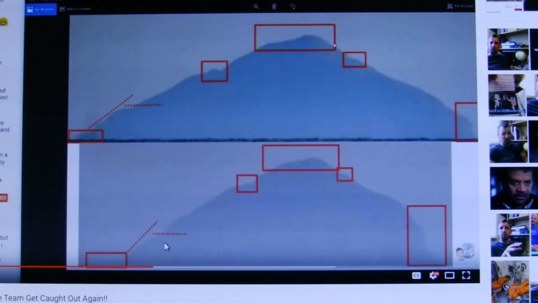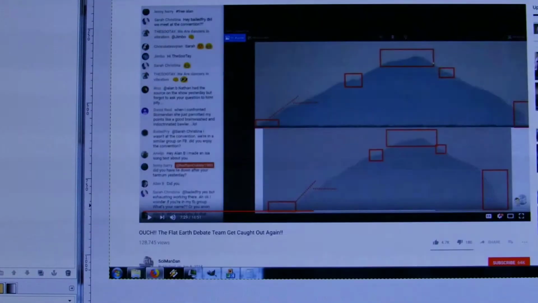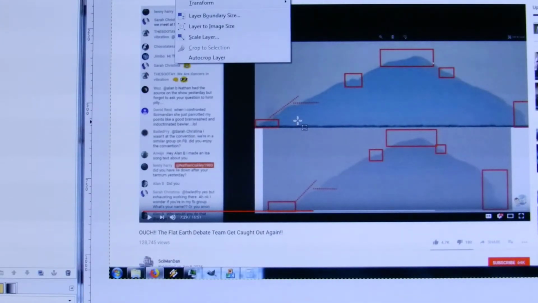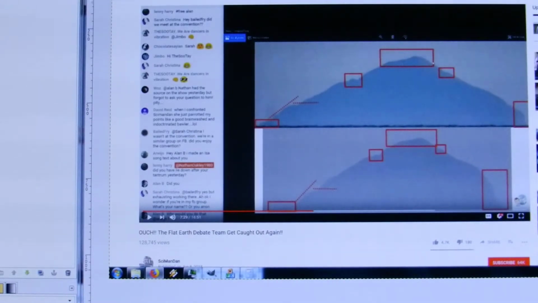Now the question is, can I confirm or deny that? Well, print screen, I've got a piece of free software called the GIMP, and paste. Now you've got your screenshot, most of which I don't need. Layer, new layer, call it layer, and make it about 50% opacity so we can see through it. And I want to take a couple of measurements from the top of that, just there,